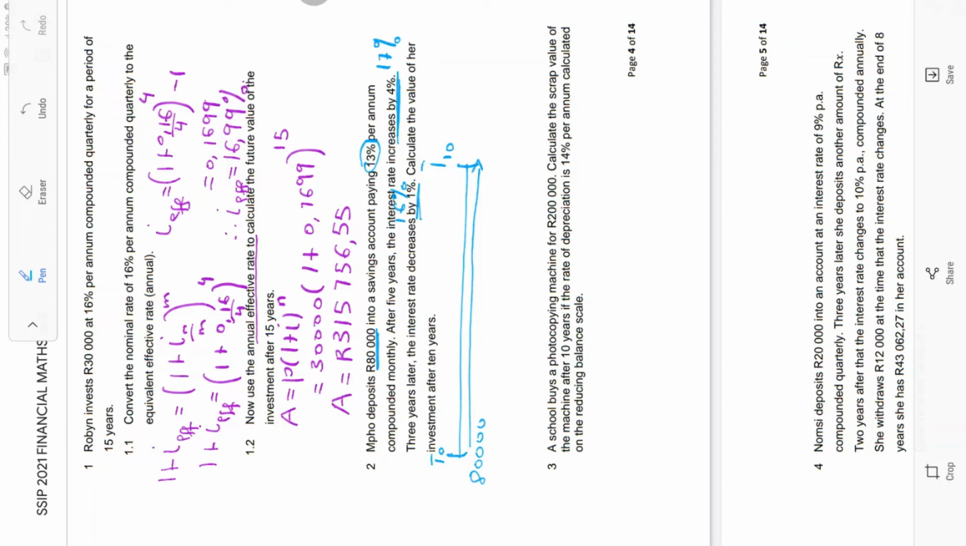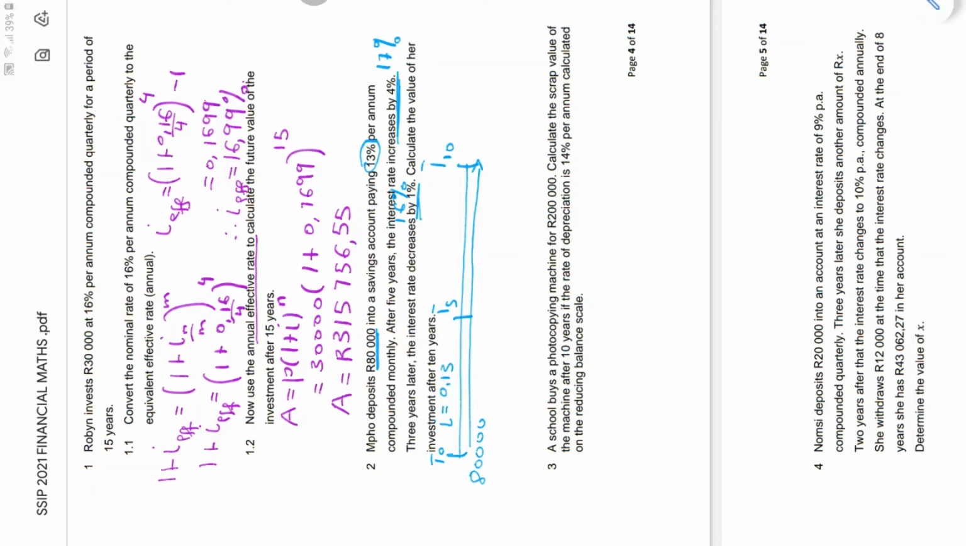The 13% per annum compounded monthly after 5 years. So that means for the first 5 years, the interest earned is 13%, meaning 13 divided by 100. And that means our N in this case would be 5 times 12, because the interest is 13% per annum